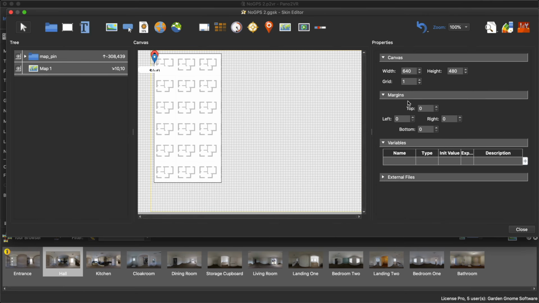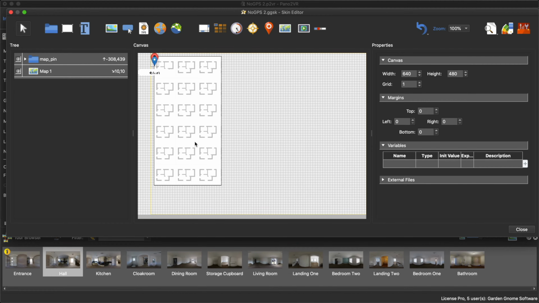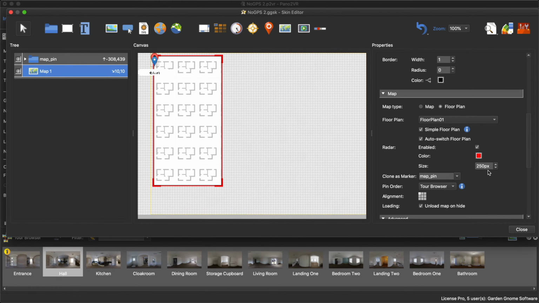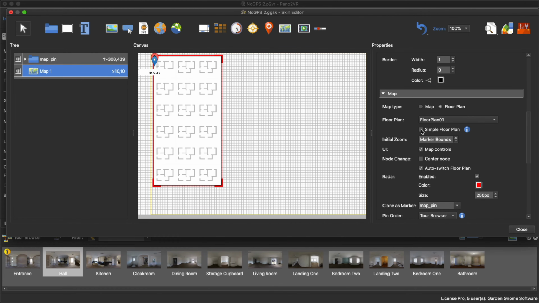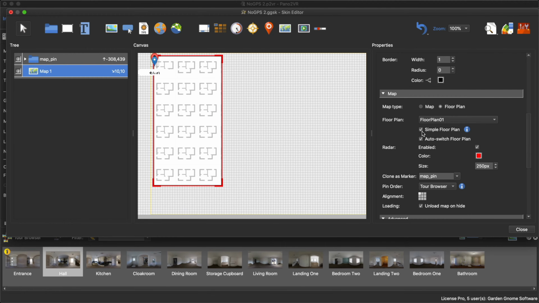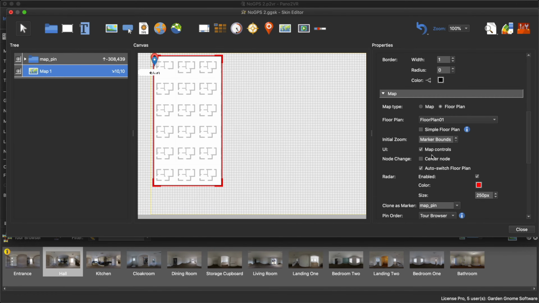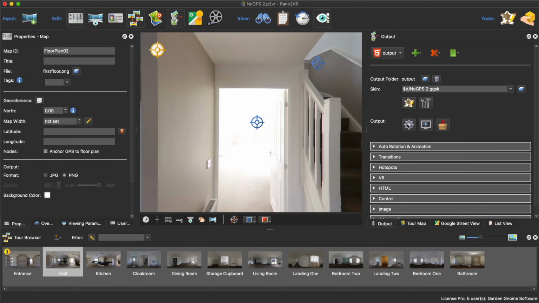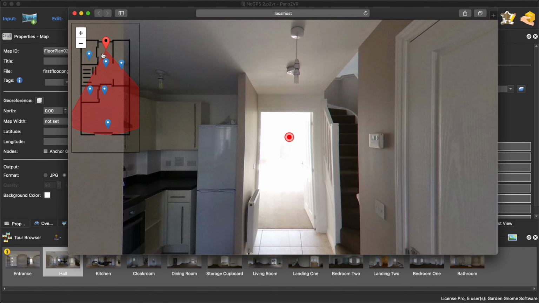But if you're going to publish this to the internet and it has access, we can actually change this by deselecting simple. All right, so if I deselect simple floor plan, what we should have now is map controls. If I select that back, you see it's gone. If I deselect simple, we get map controls and center node and some other little features. Now what happens here is if I close this and save,